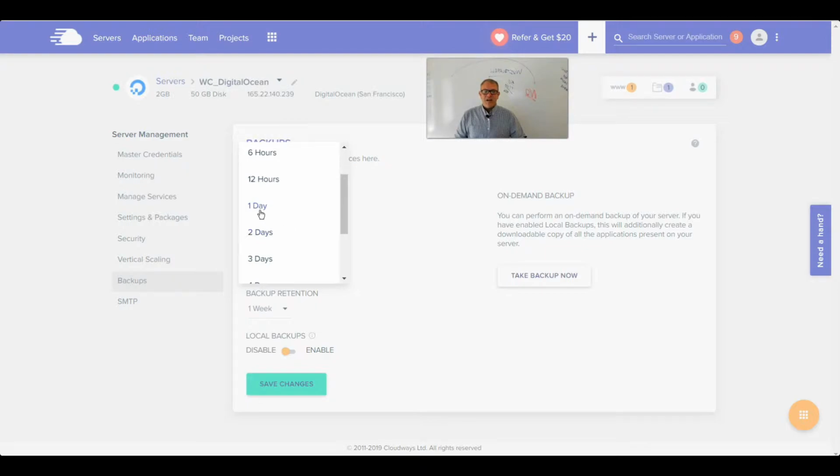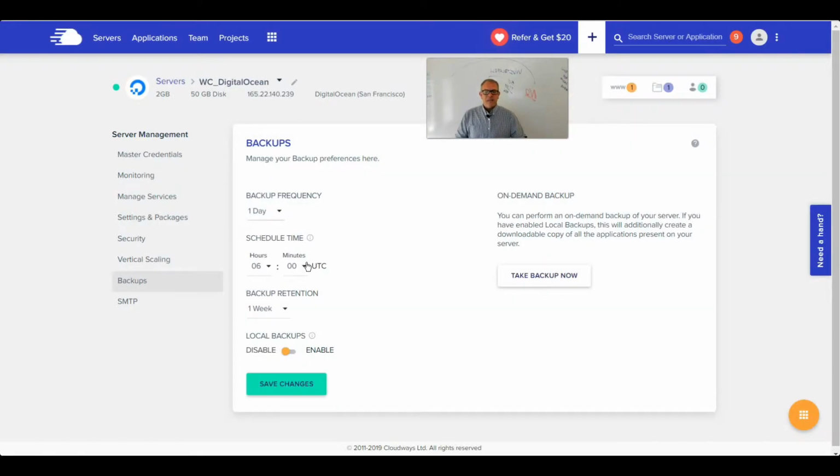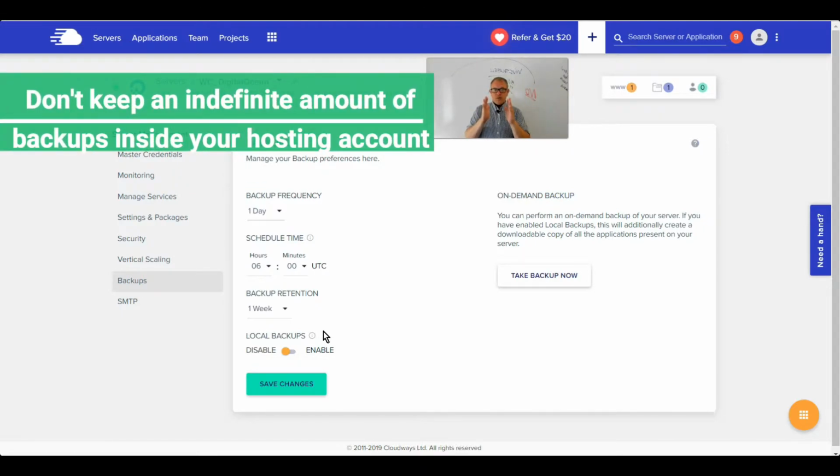But most of the time, you're going to want to have a backup set to once a day at a certain time and keep the local for a week, or you're going to want to download that somewhere where you don't have to use that storage and those backups within your hosting account. That's something I've said many times to a lot of different folks. Never use the storage of your backups inside of your hosting account,